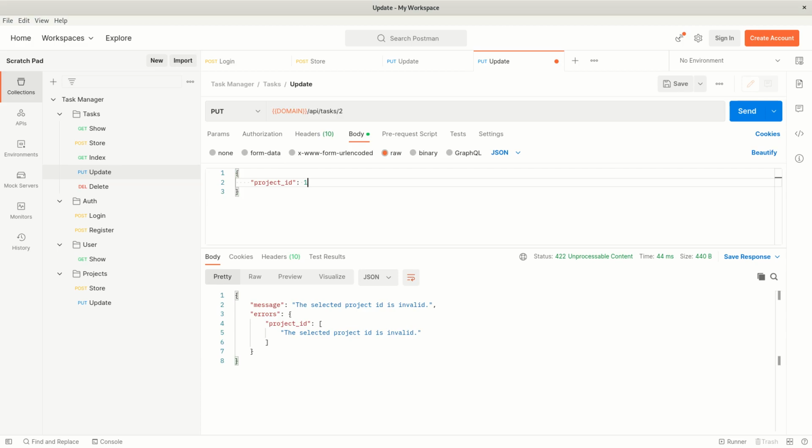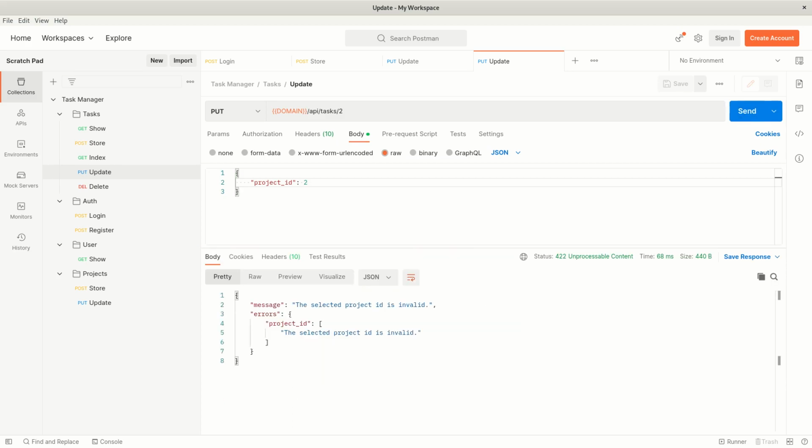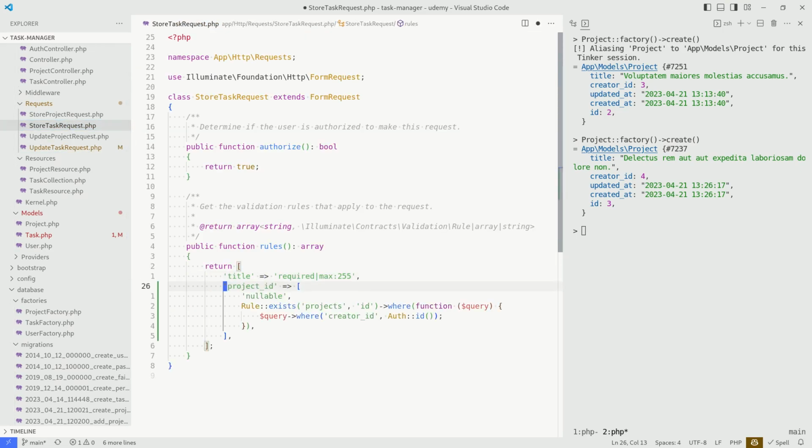This is the project with ID 1. If we try to set this, then this does work. And also the project ID that we used before is not valid anymore. So that's working fine. Now let's copy over this logic to the store task request such that we can set the project for newly created tasks,